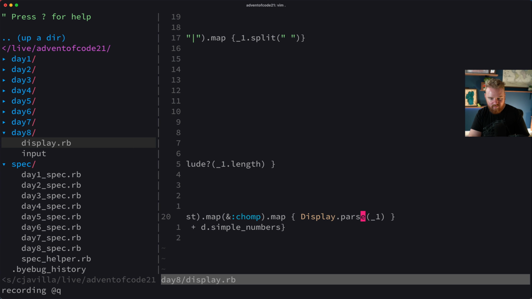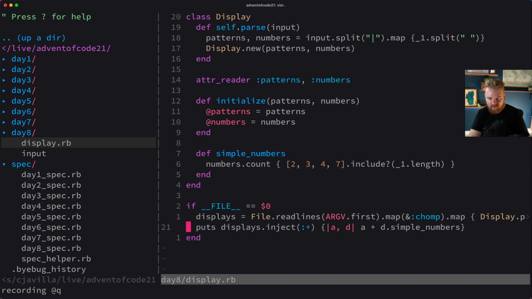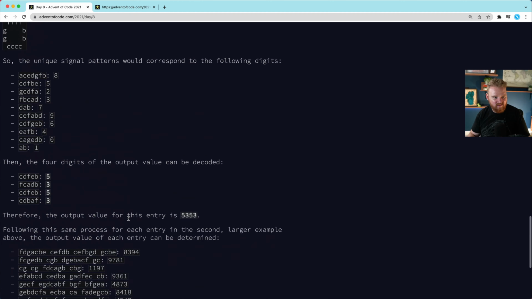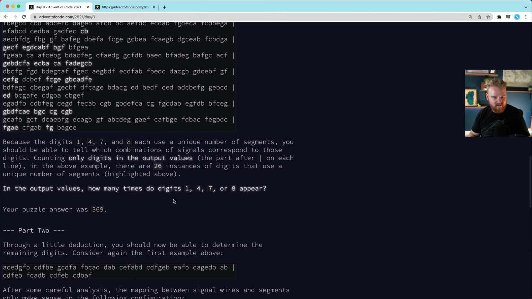Okay, undefined method plus for... oh gosh, we just want to start at 0. Yeah, okay. All right, 369, was that our answer? Our answer was 369. Okay, so we've got it working for the simple case, but that case didn't really get